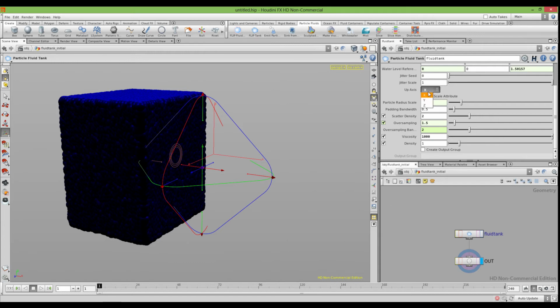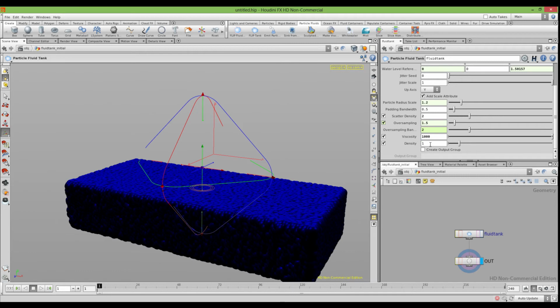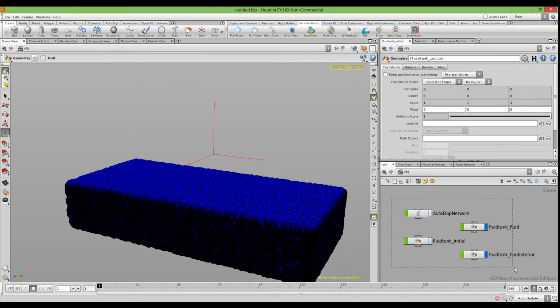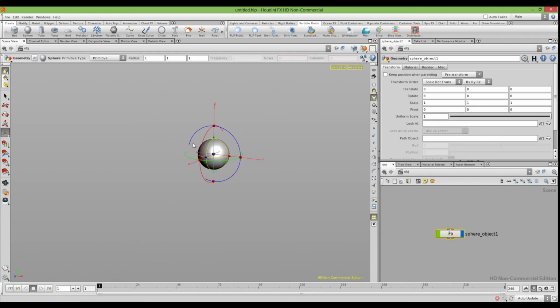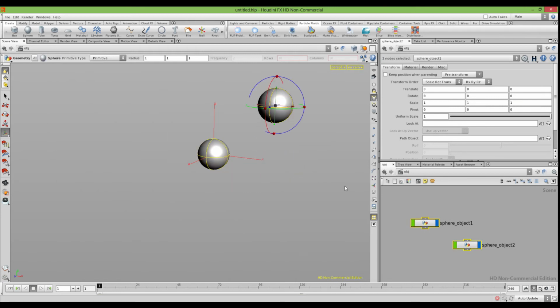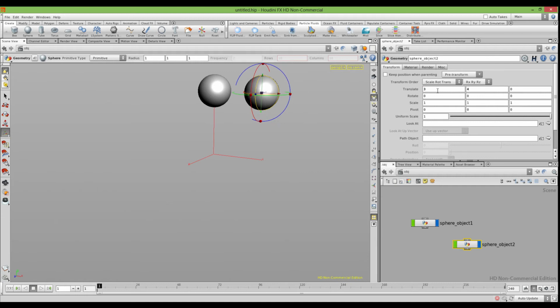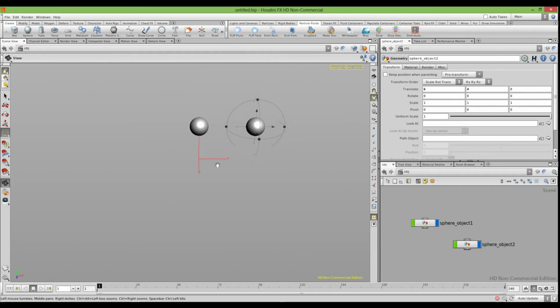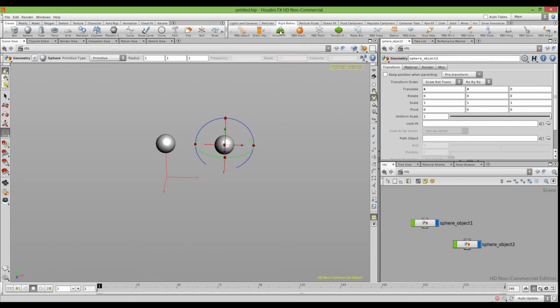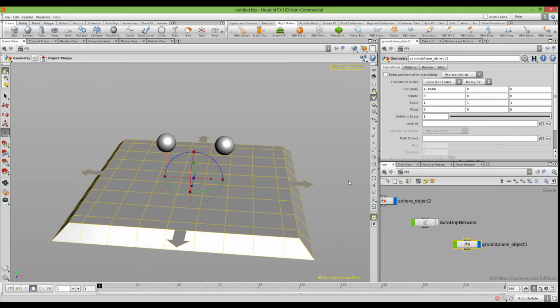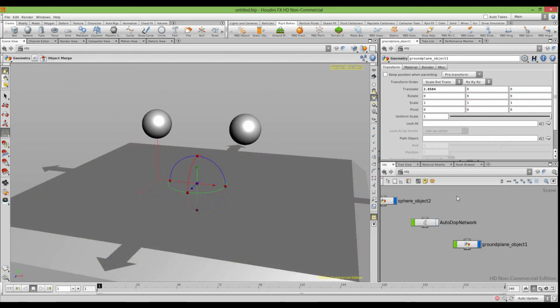Now I want to show you density and viscosity, how it works in real life. So I delete everything. I create two spheres like this, and let's place them at the same height. I'll just set it in one direction. So I have two spheres, and let's create the ground like so. Now I need to create two liquids, but the thing is that if I create liquids just by